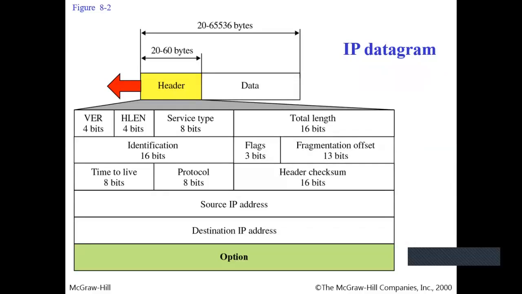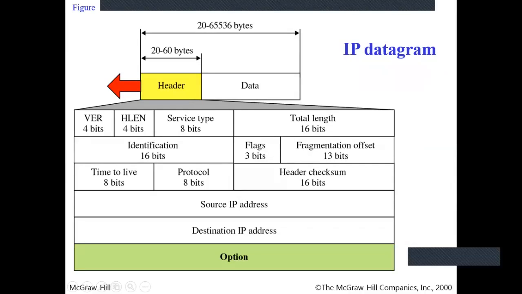Now we come to the header format of the IP datagram at the network layer. When we are attaching the header at the network layer, we specifically attach the IPv4 header. See, first the header comes and then the data part. The size of the header of IPv4 is 20 to 60 bytes. This particular portion of the header is of 20 to 60 bytes.